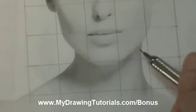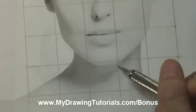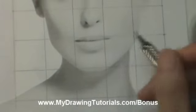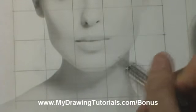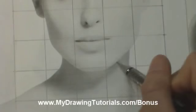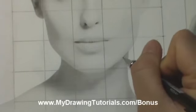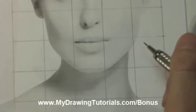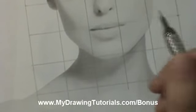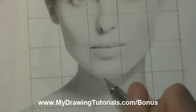In this portrait, the area where the jawline overlaps with the neck is a hard edge. The jawline, the face is very light, the neck is very dark, and where it overlaps, it creates this hard edge. And what a lot of beginners do is they draw a hard line between the two tones, which makes it look fake. What you should do instead is just shade in the darker area